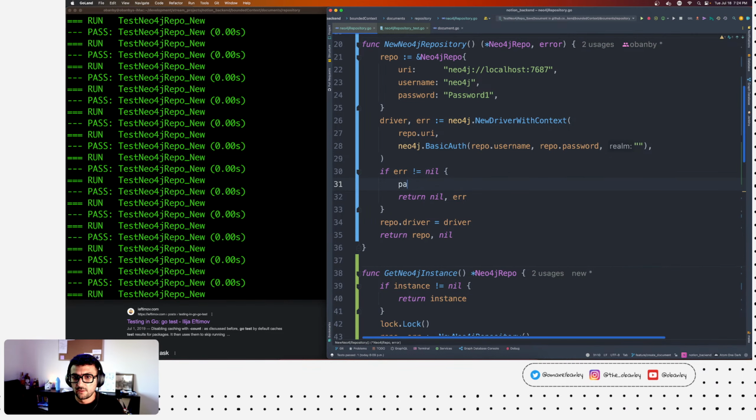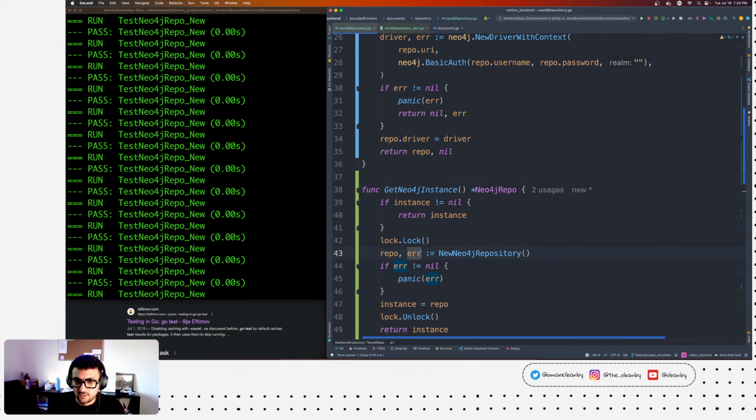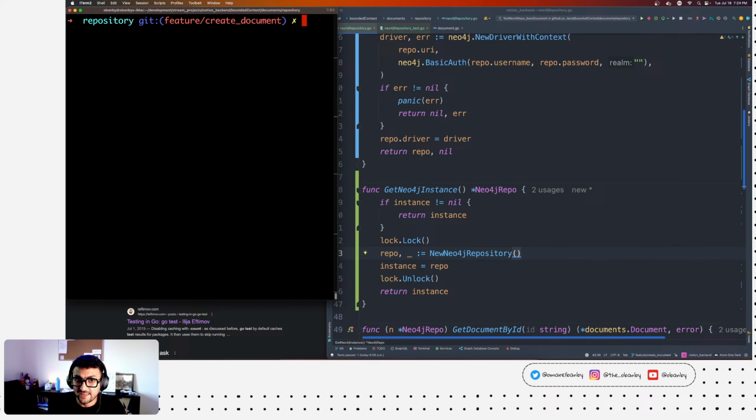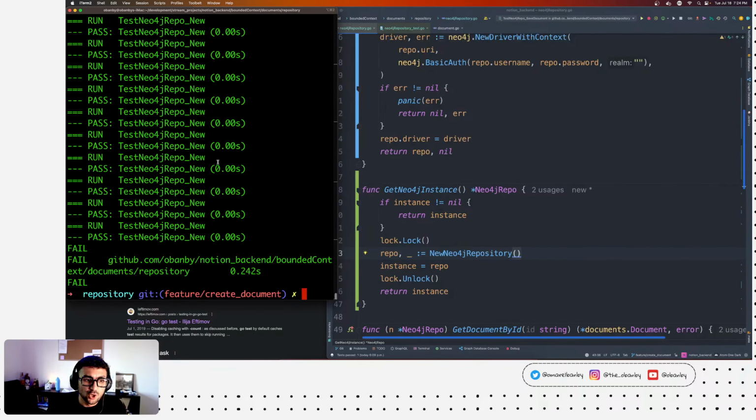Okay. I'm trying to see why the error didn't really panic, because I'm assuming that's the only way we can get nil, except if I'm not looking close enough.